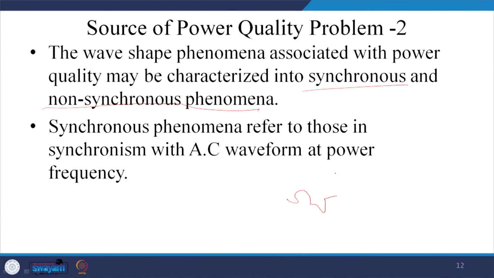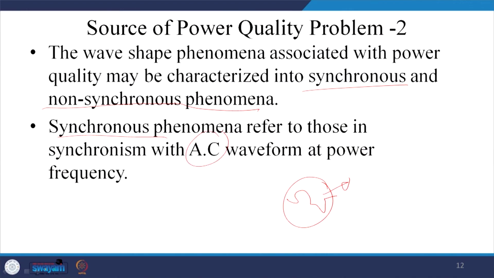So, once you know that it is a synchronous phenomenon, then you know how to mitigate it properly. You calculate and mitigate the harmonics, which may be required to be injected. Like in a square wave consisting of this kind of waveform, you can do the spectrum analysis and this is repeated. So, it is a synchronous problem, and once it is a synchronous problem you can apply a particular correction technique and get it rectified, that is, you can do it with a shunt active power filter.